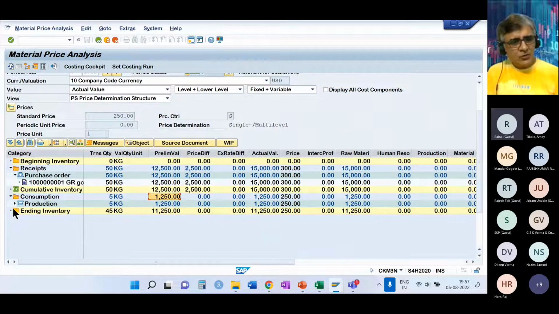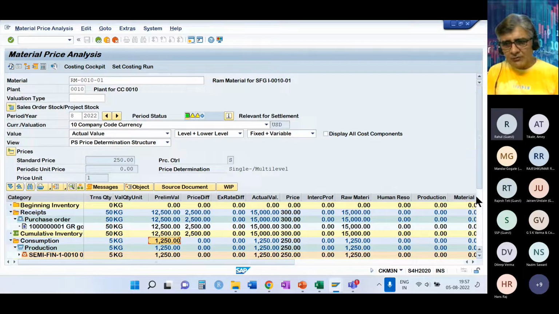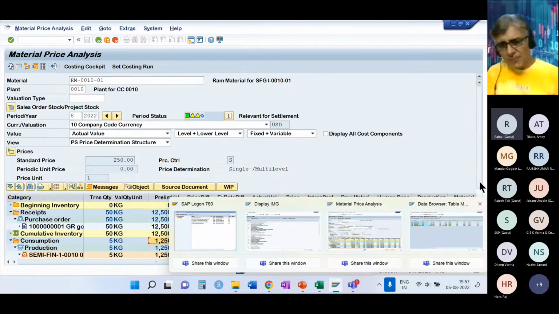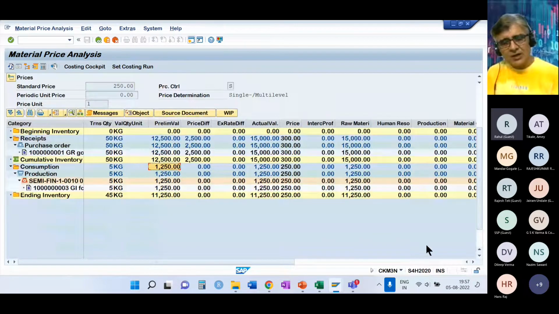Finally, when we do the actual costing, though we may not have time to do the actual costing, and also actual costing cannot happen mid month. It has to happen in the subsequent month. So when we do actual costing, this amount, the price difference, gets allocated to the consumption and to the inventory. So it gets split between these two. Okay, so this is how this price difference gets reflected.